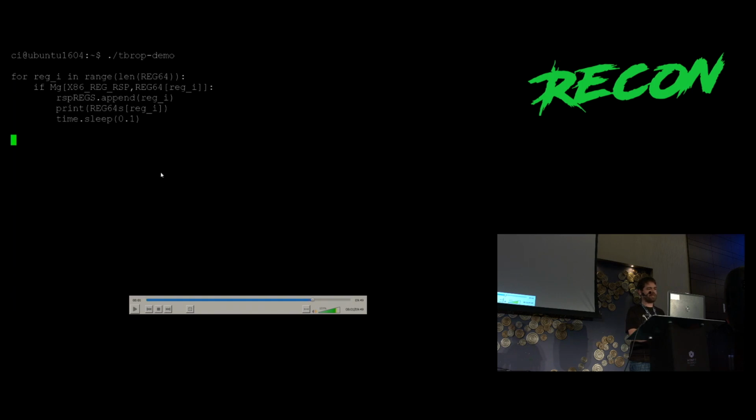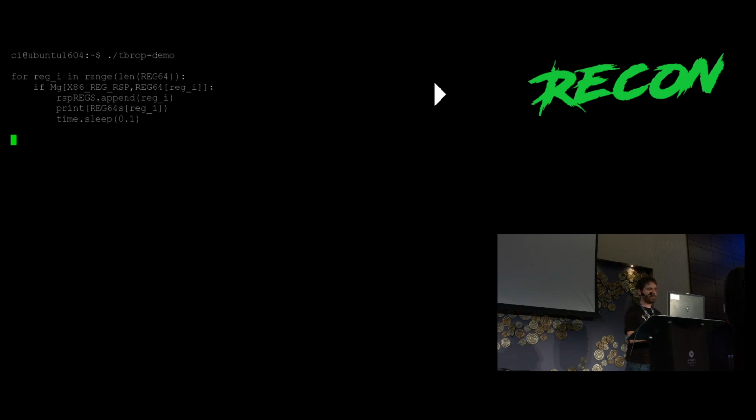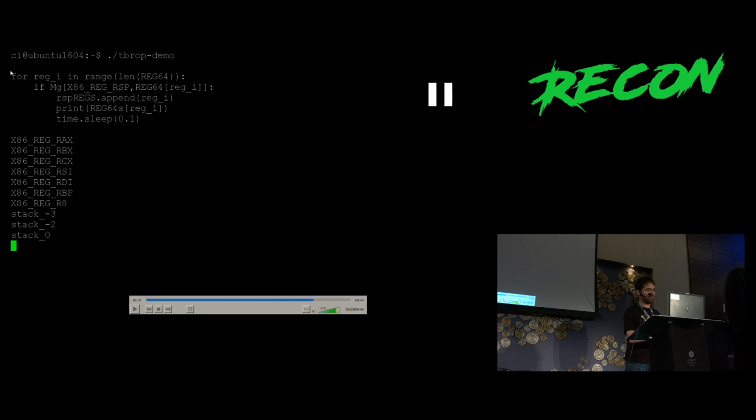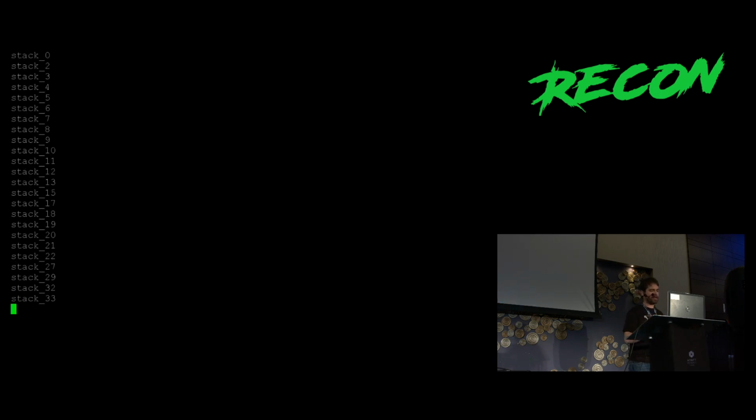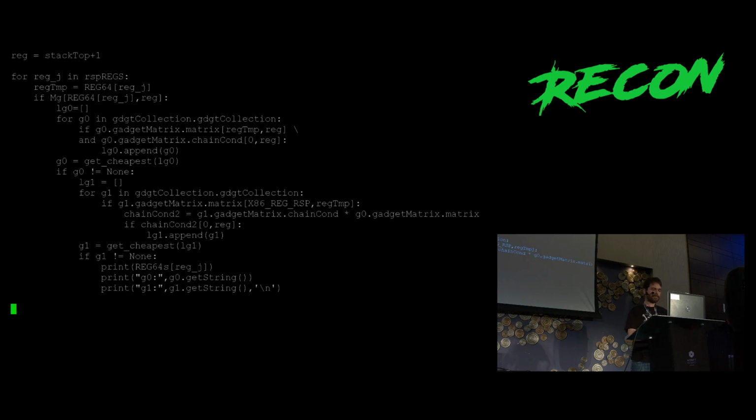So now we'll print all the registers from which I can influence RSP. There are quite a few. We have our RCX here, and a few other pseudo registers on the stack.